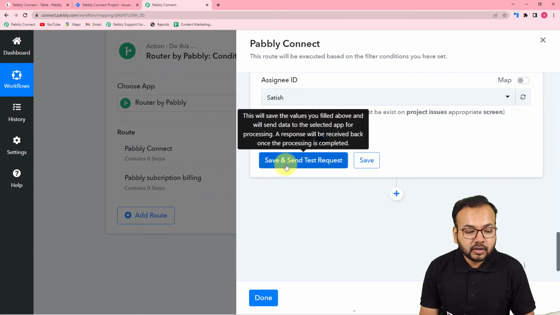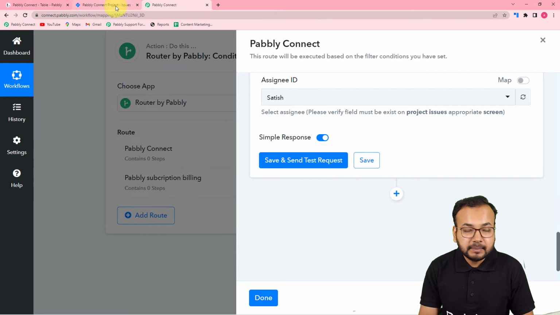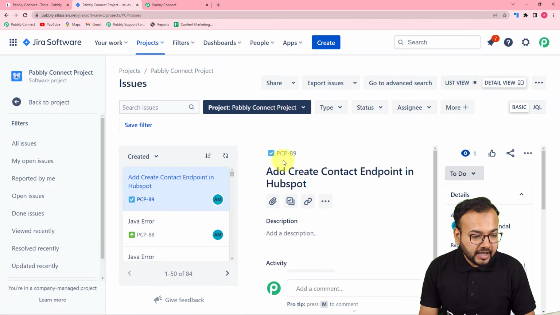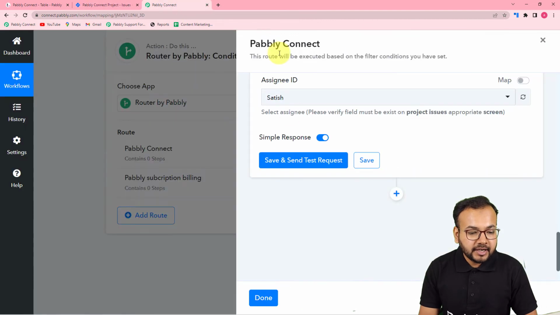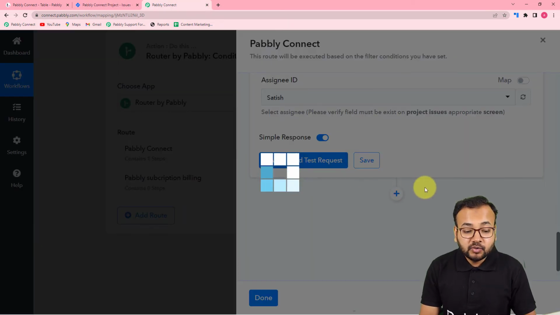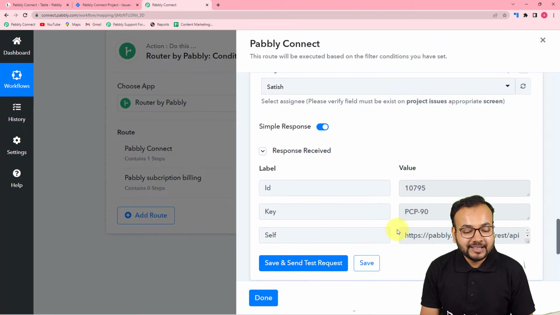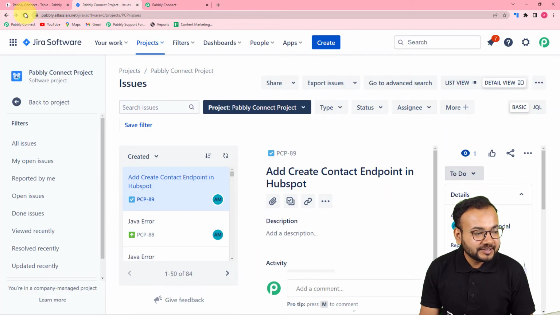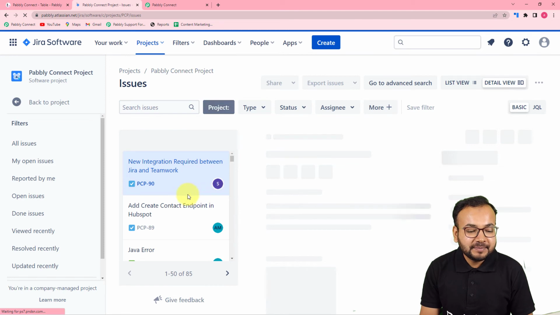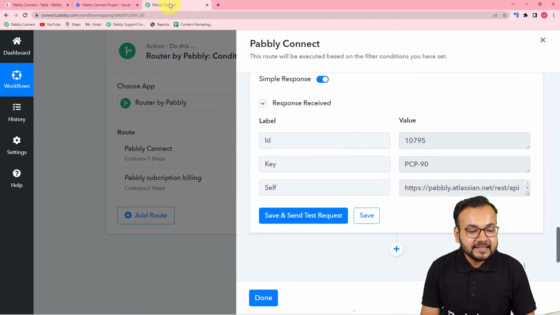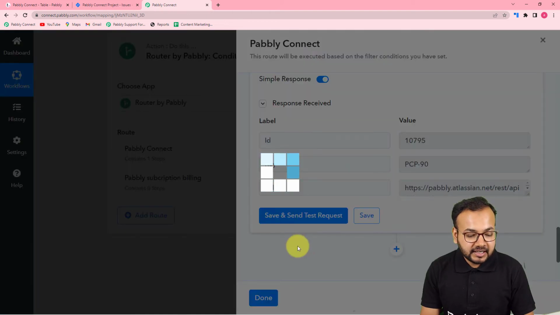Now click on save and send test request to check your connection with the Pabbly Connect project. Let me open this project here. Right now I have these issues created here. The last issue was PCP 89. Now let me click save and send test request, and a new issue will be created in Jira. You can see the PCP 90 issue is created here. Let me refresh this task issue page, and you can see PCP 90 is created automatically with the same title that we have mapped, new integration required. So this is how it is going to work in real time, guys. And we are done setting up this first route. Just click on save